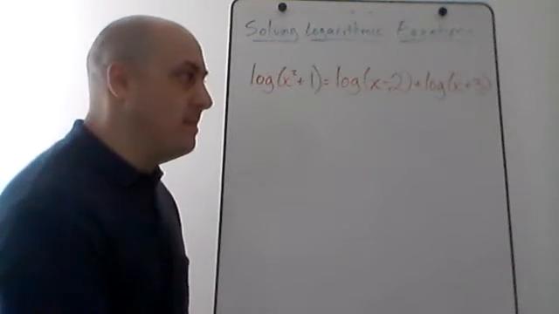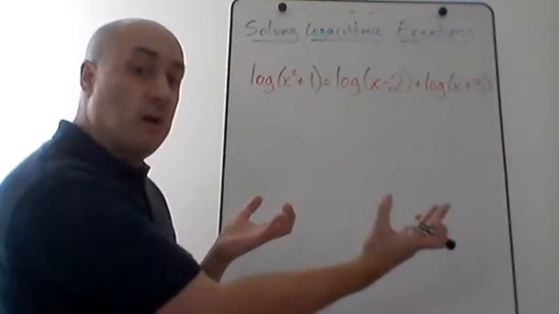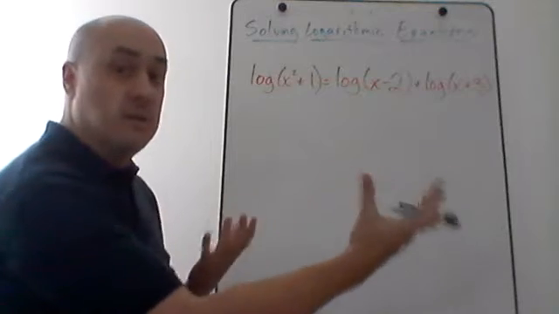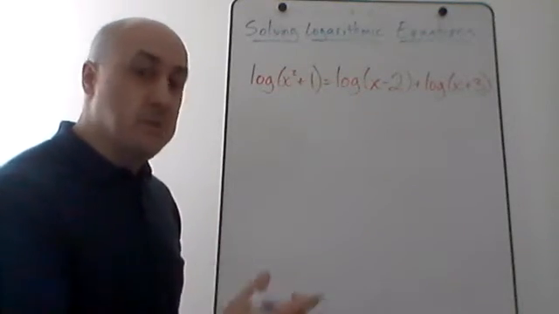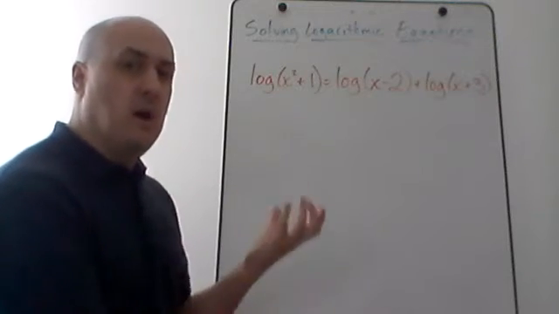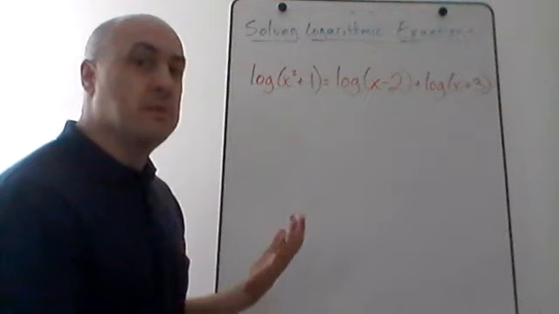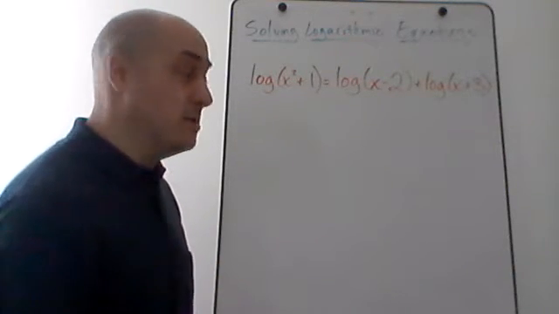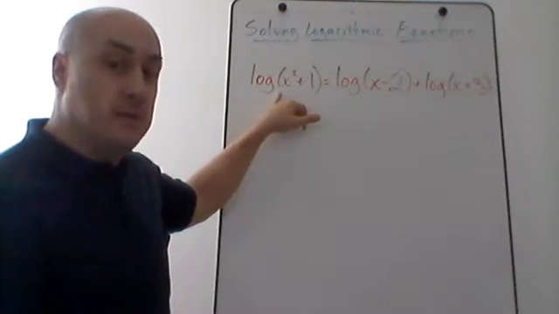when to use this simpler method, is if you have a log on one side of the equation and another log on the other side of the equation, and they have the same bases, and there's nothing else on either side of the equation, just a log equal to a log. That's when you can use this simpler method. If you have a log on one side equal to a number on the other side, then this method doesn't work, and I'm going to do another video where I talk about how to solve those more complicated types of logarithmic equations. But for a simpler type, like this one here, we'll go through the method to solve